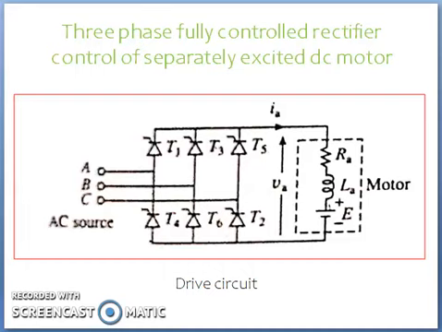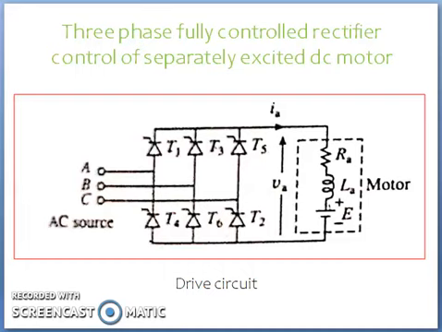Now the transfer of current from an outgoing to an incoming thyristor can take place only when the respective line voltage has a polarity that forward biases the incoming thyristor. So it allows the flow of current whenever the thyristors are forward biased. It also leads to reverse biasing of the outgoing thyristor when the incoming one turns on. So obviously, when the incoming thyristor turns on, it reverse biases the outgoing one.